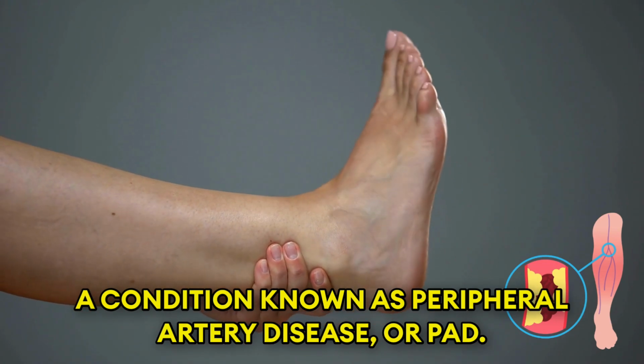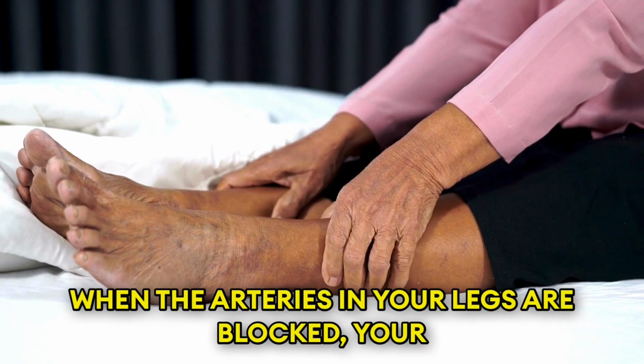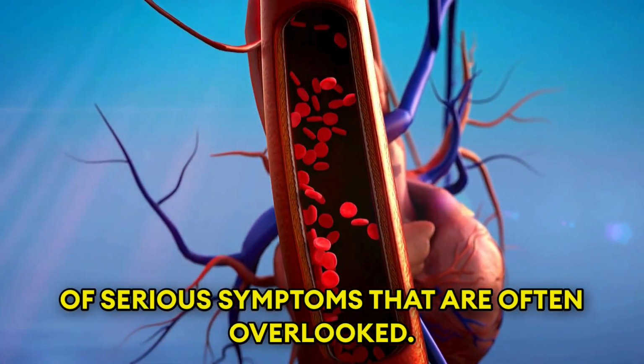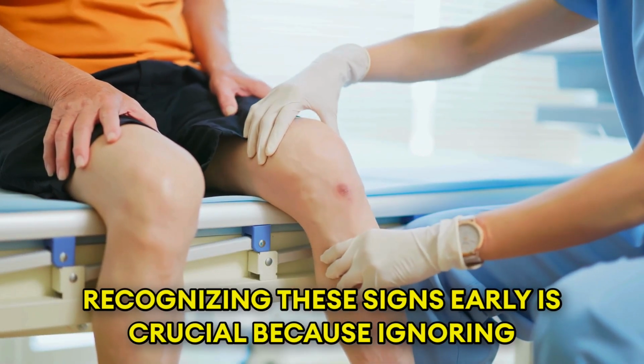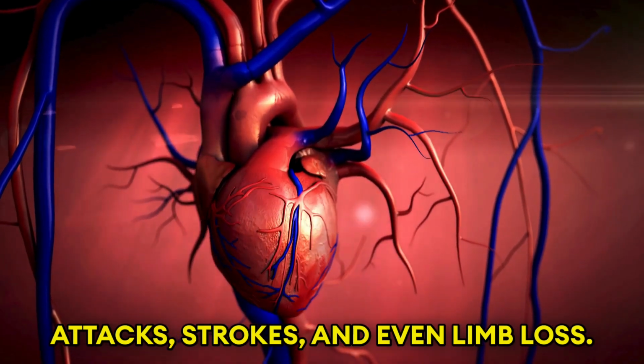a condition known as peripheral artery disease, or PAD. When the arteries in your legs are blocked, your blood flow is restricted, which can cause a range of serious symptoms that are often overlooked. Recognizing these signs early is crucial because ignoring them can lead to dangerous complications, including heart attacks, strokes, and even